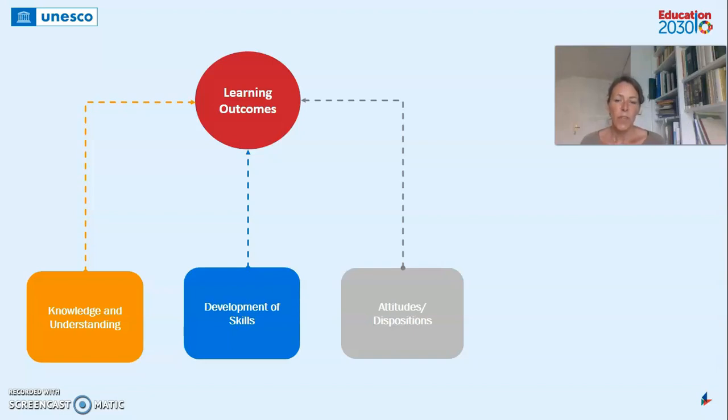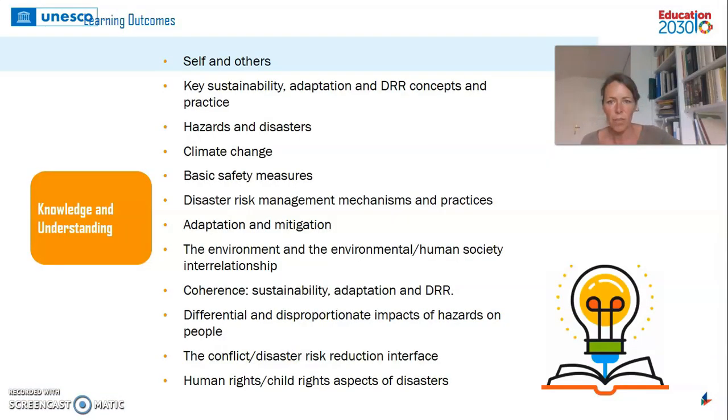We promote really those three areas of learning as being important at the same level. So the cognitive, the social emotional, and the behavioral level of learning has to be taken into account in the curriculum. You have some examples here of what is knowledge and understanding: the science behind disasters, what are hazards that lead then to disasters,